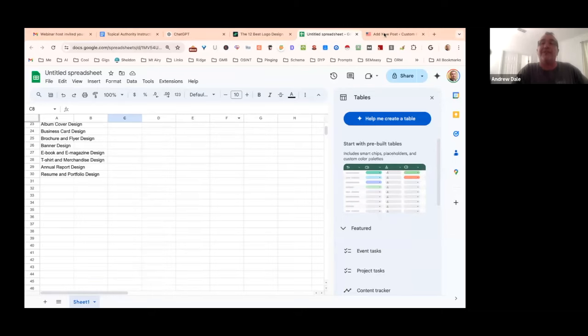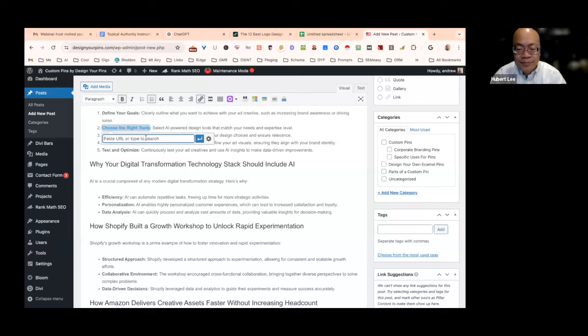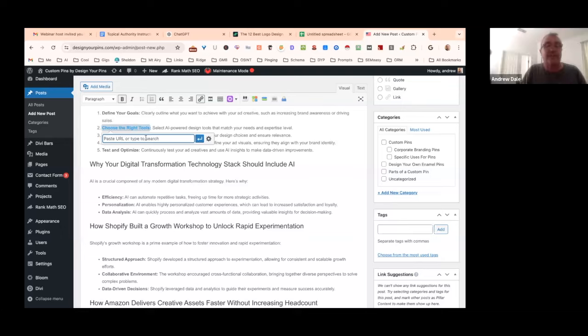Wow. One very important thing is, as you read through the article, if you have another article that you've already written about, let's say, choosing the right tools, let's say you have a blog post about that, you're going to want to link to that page internally. So that all those pages are getting interlinked and Google's looking at it and understanding the reference. That's the reason why Wikipedia ranks so well. That's the reason why all those wikis would rank so well, because they were always linking to other content so you can read more about that particular subject.